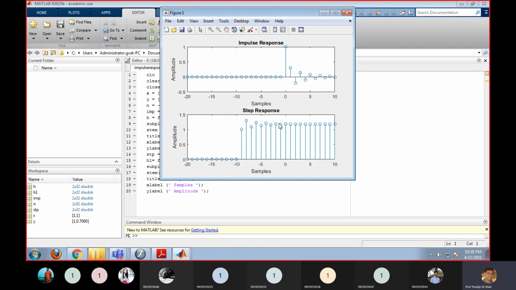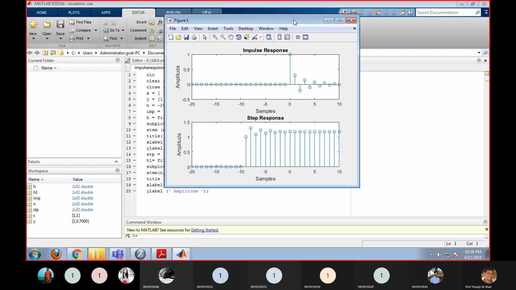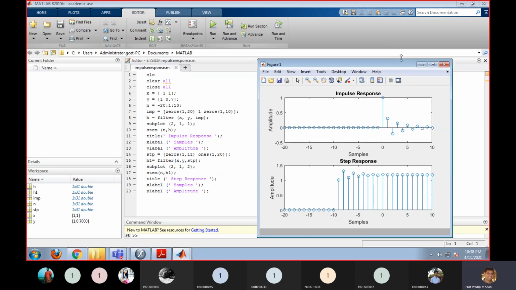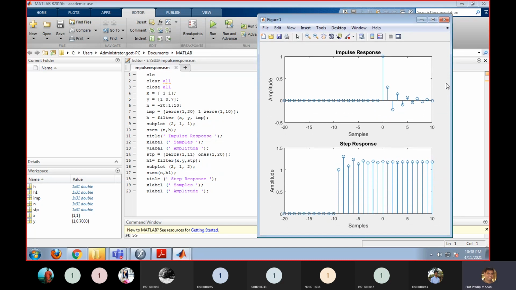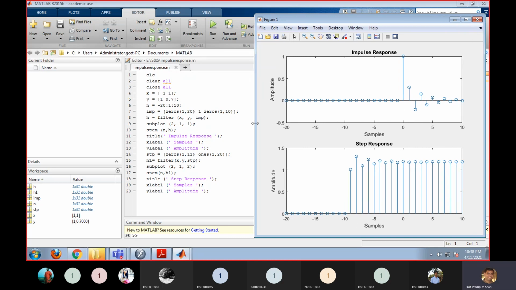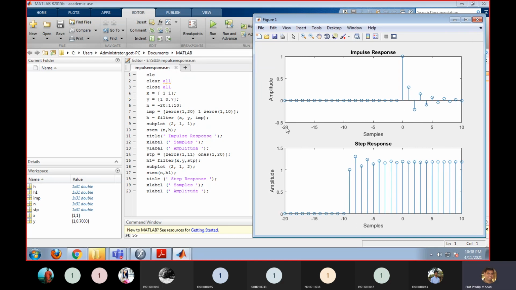Okay, so this is the output. You can see that, I think the figure file. So I'm keeping both the files in front of you, your program file as well as the figure.